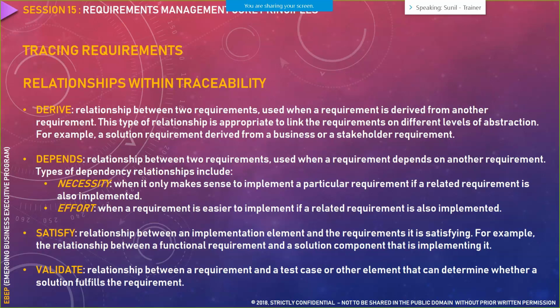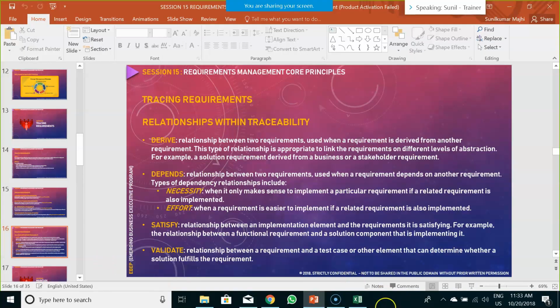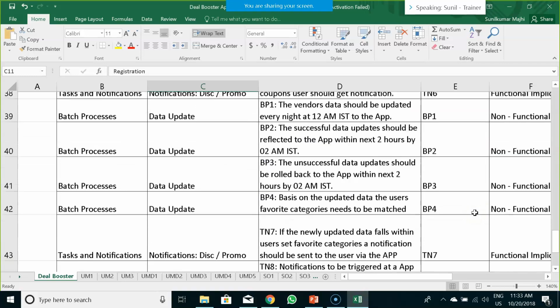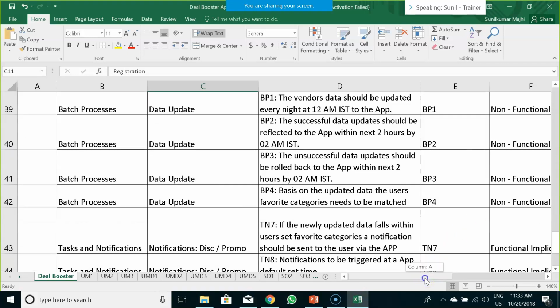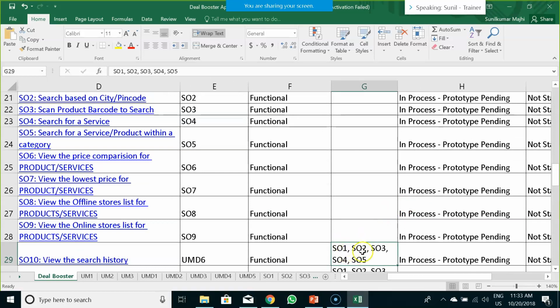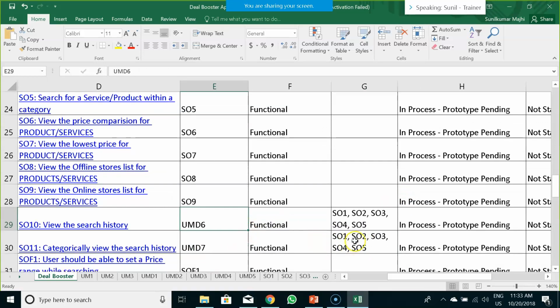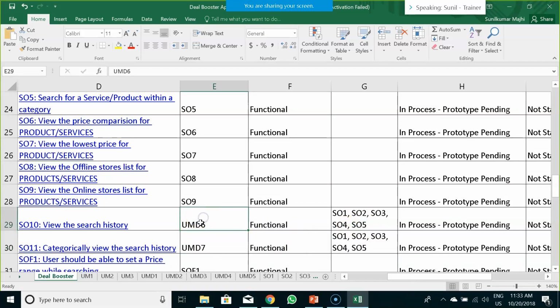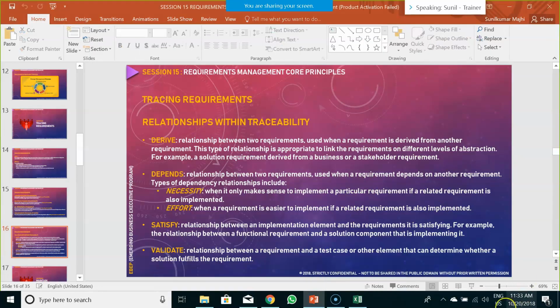In that context, you would use a depends relationship. In our case, if you see at this line, these are dependent requirements for UMD6, and these are dependent requirements for UMD7. Until these are finished, you cannot start with this particular requirement.